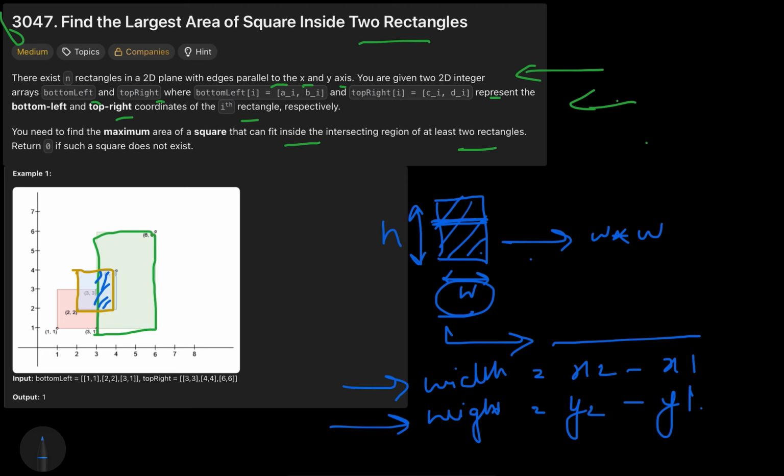This will give us the height of the intersecting area. Similarly, for this square and this square, we'll find this area and we'll store all these areas in the current area and we'll find the max area. Okay,